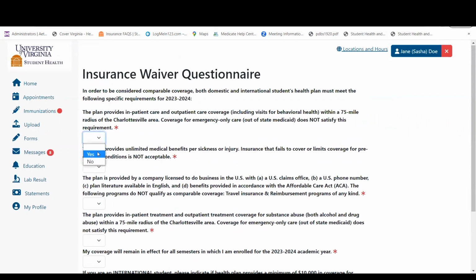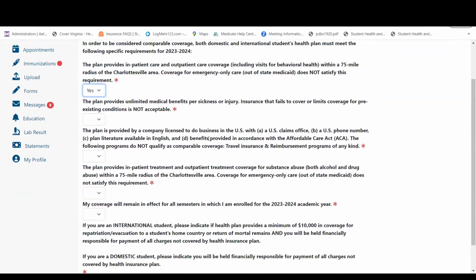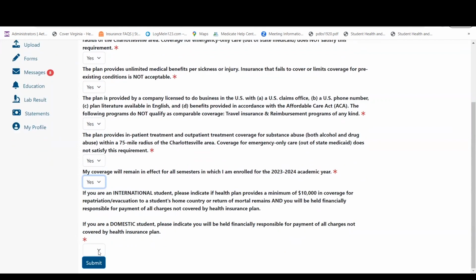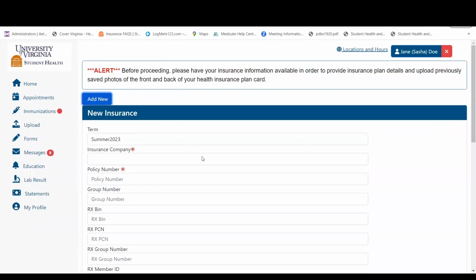You're going to answer questions about your insurance plan here on the screen with either a yes or a no. You're going to fill out all of these questions with an answer. And if you need to talk to the policyholder, please gather that information beforehand so the system doesn't time out. You'll then click Submit once your questions are answered,